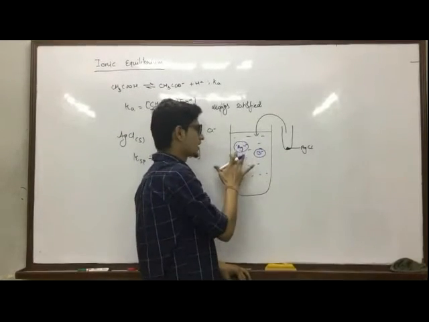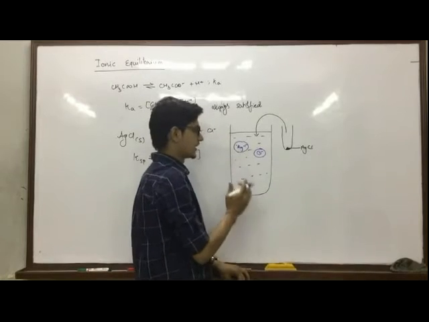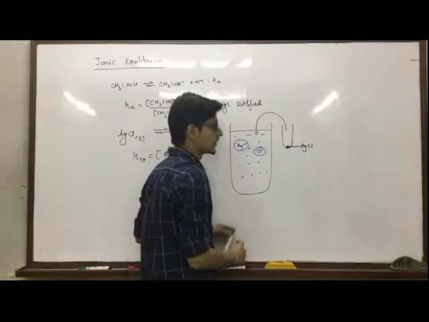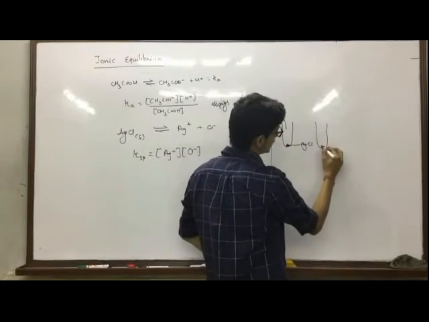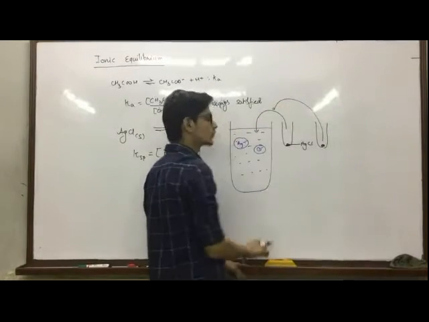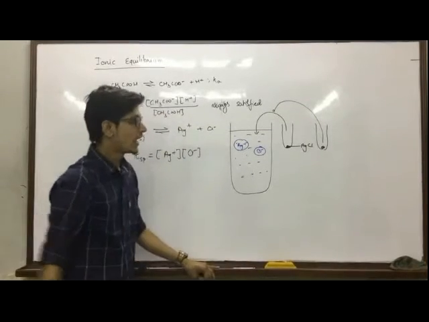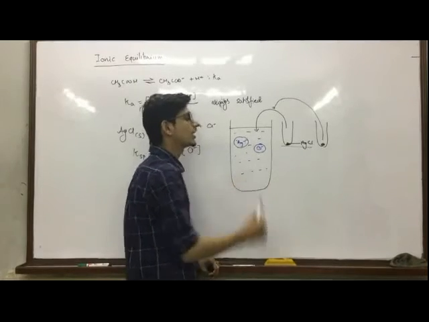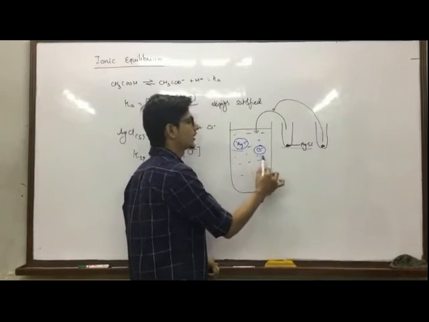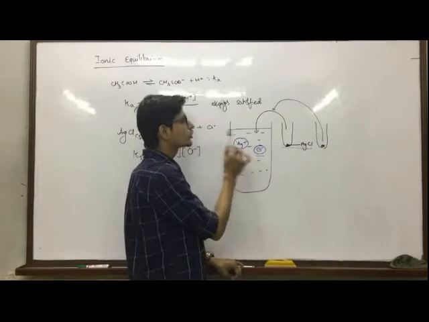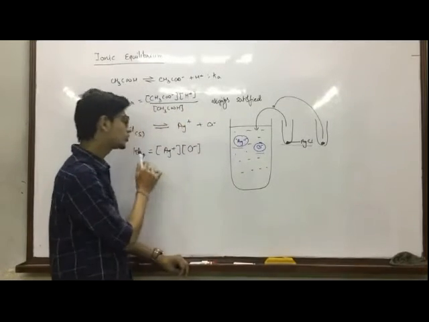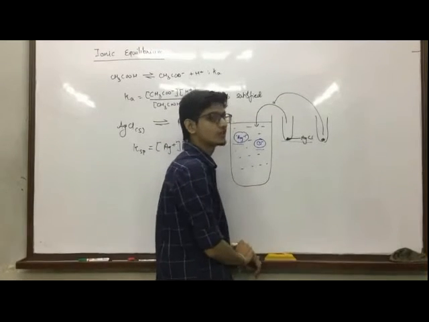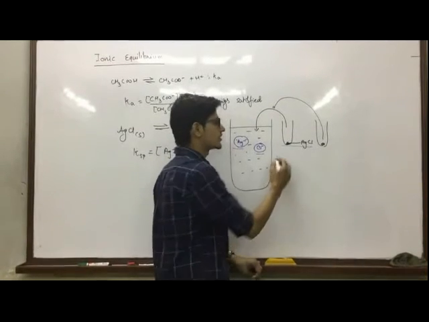So this solution has some concentration of Ag plus and Cl negative. Does this solution have more capability of dissolving AgCl? It may. If we again take a small amount of AgCl and add it to this solution, it may dissolve further. In the first condition, what is the problem in this solution? This solution has only a small concentration of Ag plus ion and Cl negative ion, and the product of those two concentrations is not equal to Ksp, because in the earlier case the solution is unsaturated. What does it mean? What is an unsaturated solution?